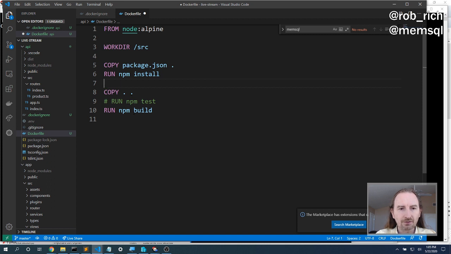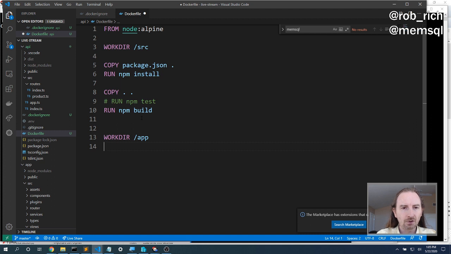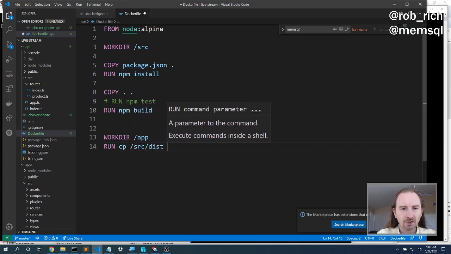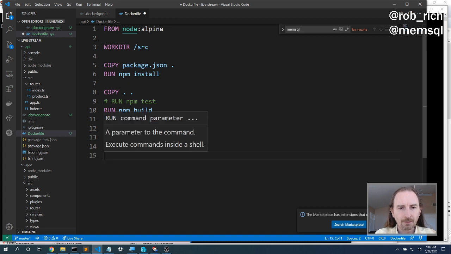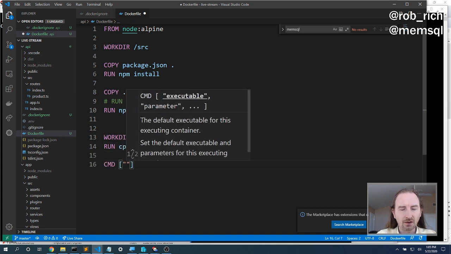We'll run our tests, we'll build, and then let's set our WORKDIR to /app, and we'll copy our content. Well, in this case, we'll run COPY from /src/dist to the current folder, and CMD, the command that will run as the container starts up, we want to say node